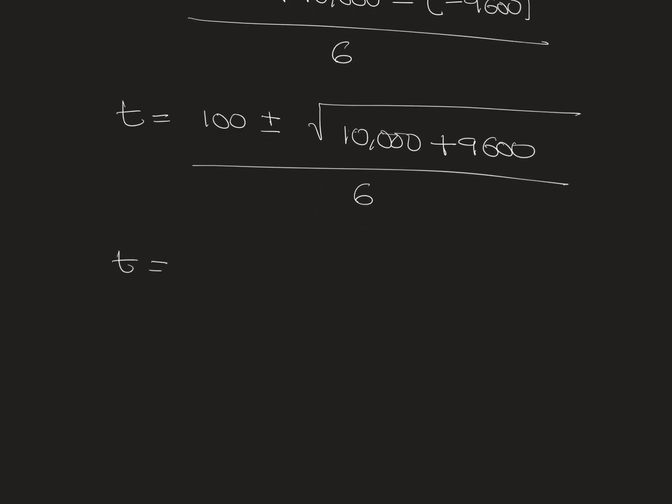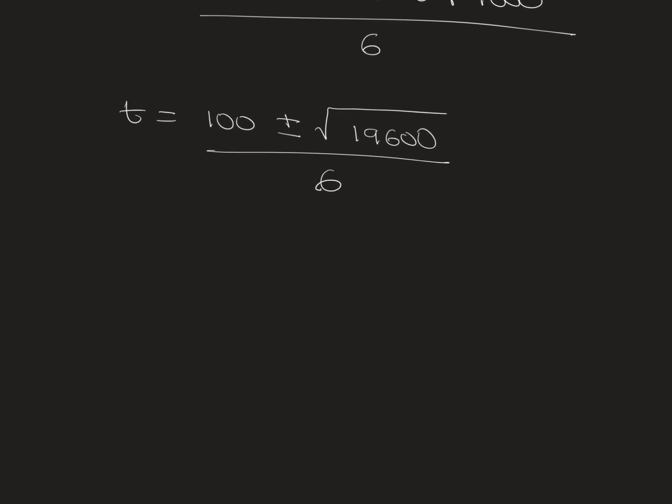So t is equal to 100 plus or minus the square root of 10,000 plus 9,600 gives 19,600 all over 6. So t is equal to 100 plus or minus the square root of 19,600, which is 140,